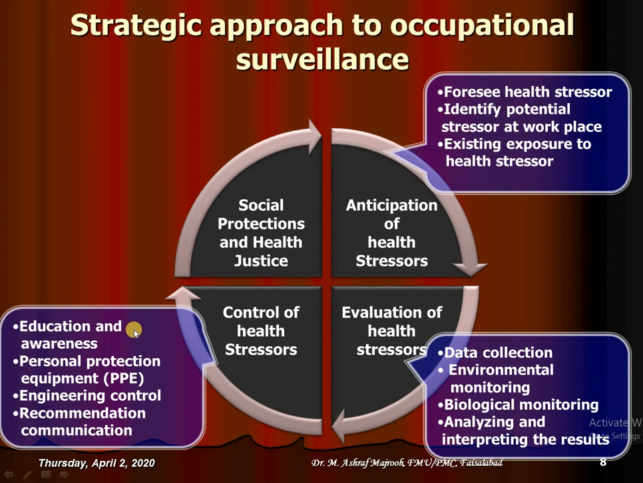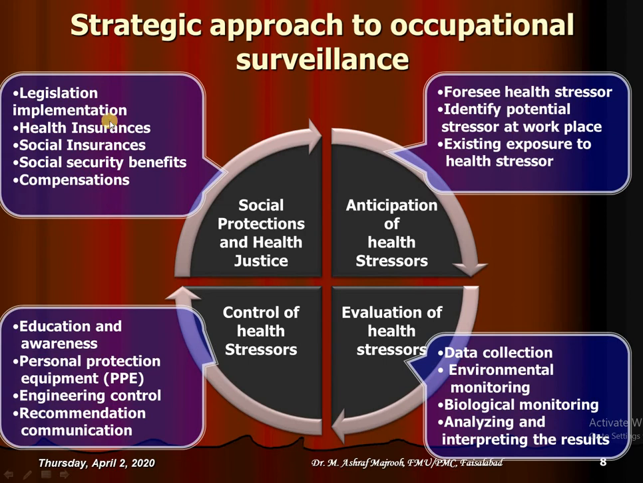The control measures include health education and awareness, personal protection technique, equipment implementation, and engineering control, and recommendation and communication to the stakeholders. Then legislation implementation in social protections and health justice. Legislation implementation, health insurances, social insurances for the workers, and social security benefit and compensation for the workers. So this is the strategic approach,